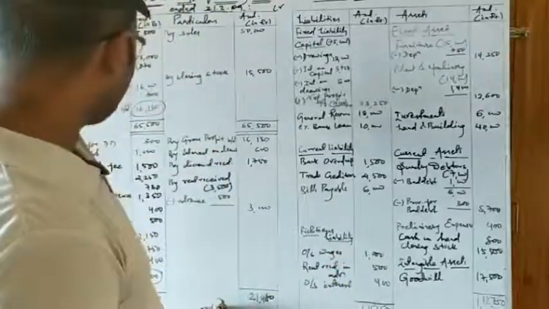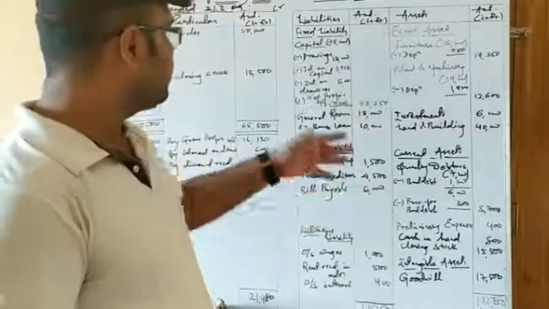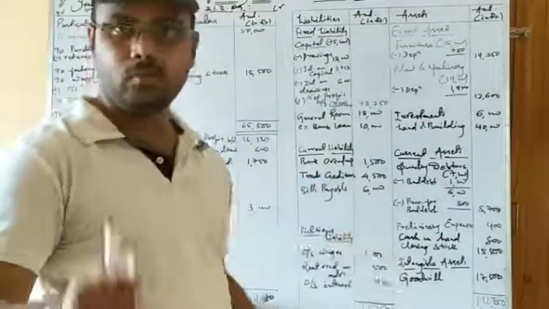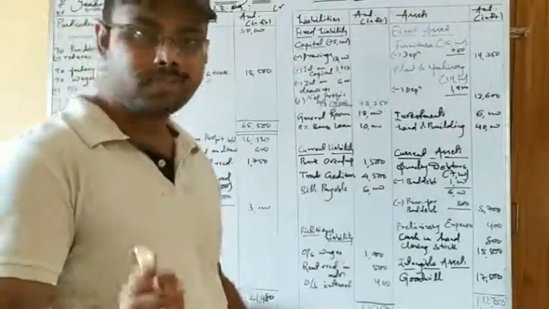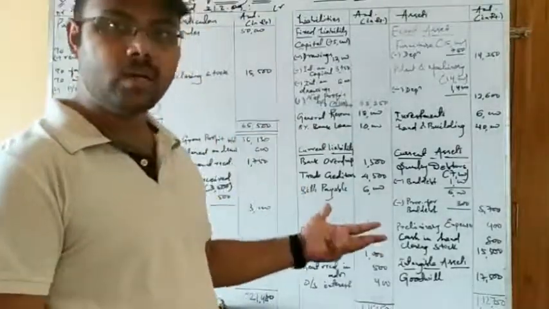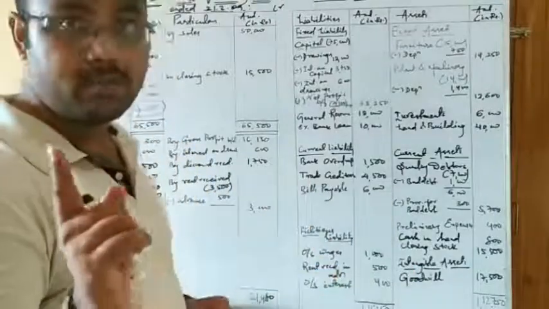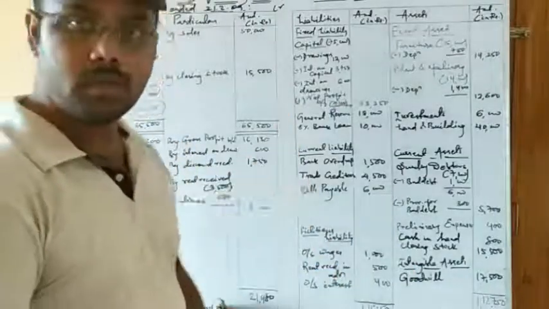So see, we have posted all the items over here correctly. Still, we are not getting the correct answer on the liability side and the asset side. So now it's your task to check which value is not coming here or is hidden, or whether we are making a mistake in the calculation part. Okay, so now it's your duty to get the correct answer.